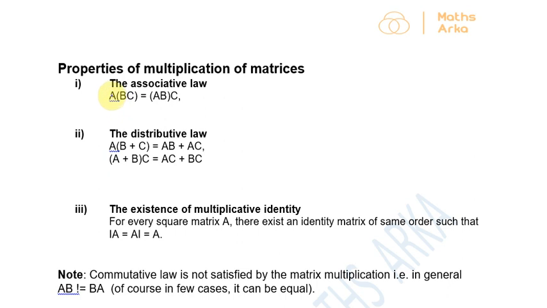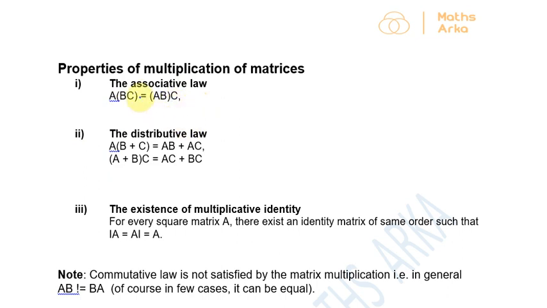That is, if we multiply BC first and then A is multiplied to it, that is equal to multiplying AB first and then multiplying it to C. So just the ordering is different. BC is multiplied first and then to A. Here AB is multiplied first and then C is multiplied to it, so that would be equal. This is one of the rules which would be followed for any of the matrices. When we multiply any matrices, this rule will be followed.